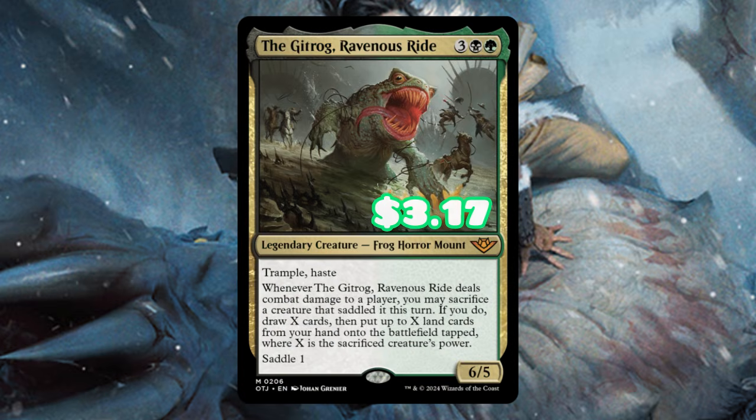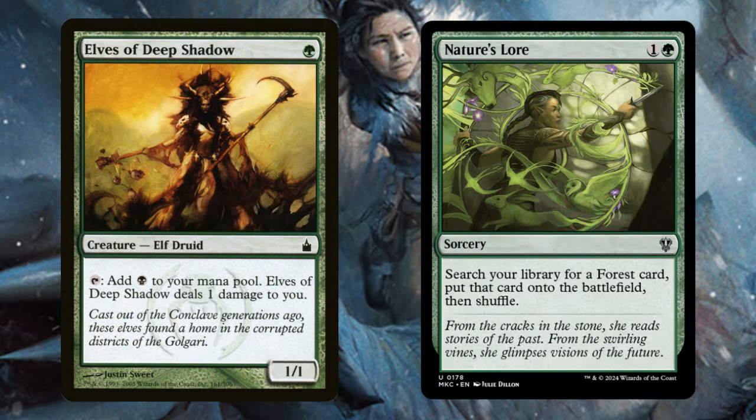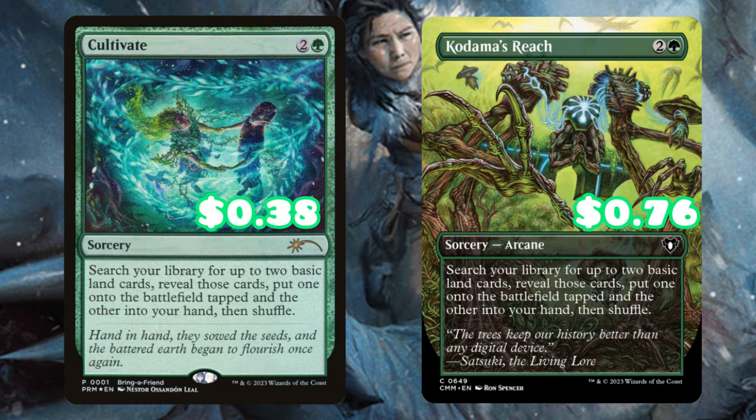The Gitrog Ravenous Ride is a no-brainer here. He has trample, he has haste, so he's going to trigger the commander very consistently, and we're consistently making 4/4 or 4/5 bodies at the minimum and sacrificing those to draw 4 cards and put 4 lands into play. Sign me up. Elves of Deep Shadow, Nature's Lore, Cultivate, Kodama's Reach, not sexy adds, but again, very necessary to